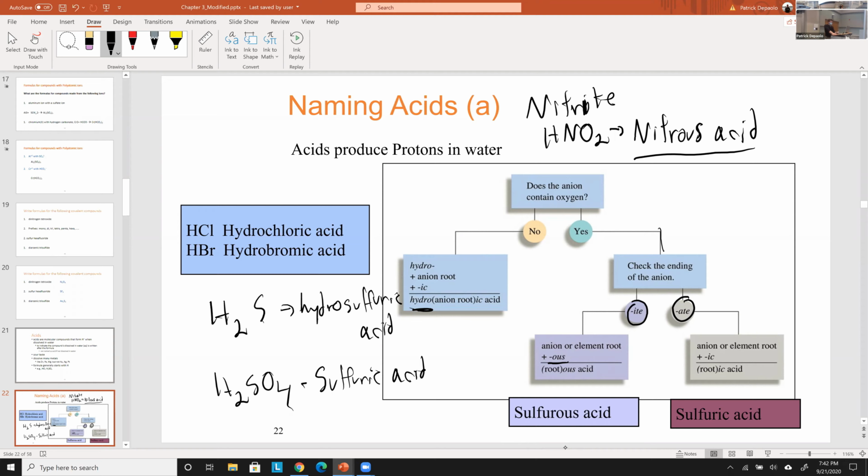But yeah, so those are naming acids. I should make a crash course on naming acids. I have it on the acids, but I don't have naming acids. Okay, so